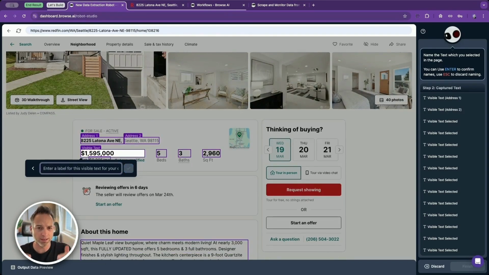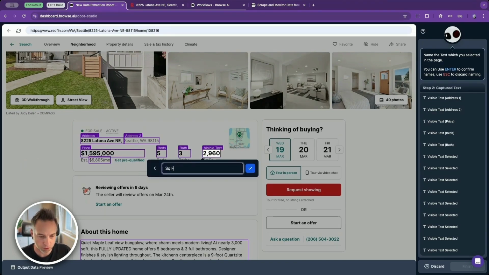You do have to go through and name these items, compared to lists where we kind of do that for you automatically. For just text, we don't have that enabled. So you've got to go through and name these. Price, beds, bath, square footage,